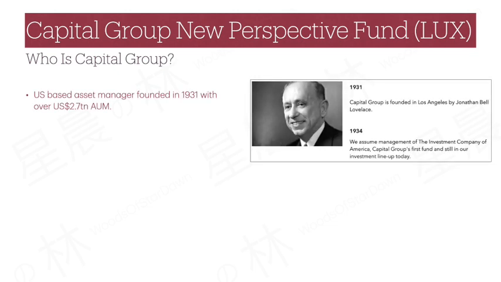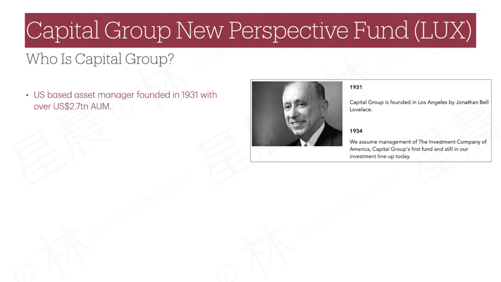Capital Group is a US-based asset manager founded in 1931 by Jonathan Bell Lovelace. The firm started managing their first fund in 1934, which is still running today. Capital Group is privately owned by 450 partners as per Google results, so there are not many details on its financials. But they did state that they currently manage over $2.7 trillion worth of assets under management, with more than